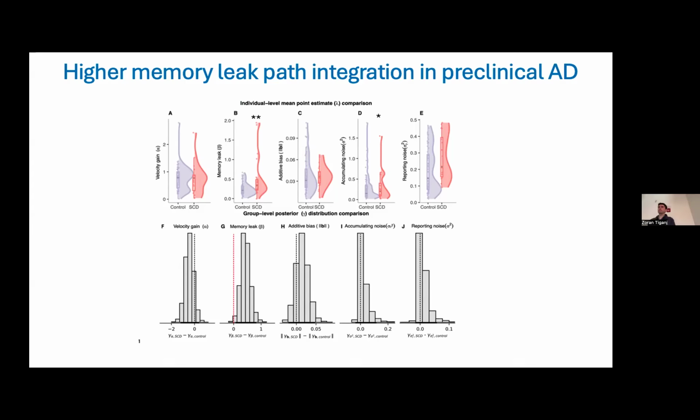Have you considered following up with these participants to see if they've been clinically diagnosed with cognitive decline? Yeah, thank you. That's also a fantastic question. This is exactly what we are working on now. These folks are going to come back, and we're going to track them over a period of about 3 years. We're going to see which of the folks with subjective cognitive decline actually developed some further symptoms, and whether our methods of prediction were to some degree effective in identifying folks who might actually develop further, measurable symptoms of AD.